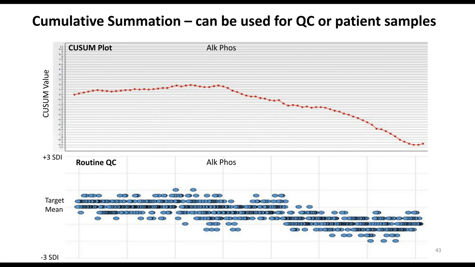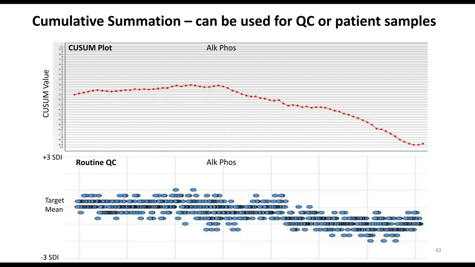However, if the sum shifts or drifts, as shown in this graph, that means that an analytical measurement system problem may be developing. The advantage to this technique is a more sensitive or earlier detection of errors compared to the most widely used QC multi-rules, especially when the routine assay standard deviation is large or it's a poor performing assay, as shown for alkaline phosphatase in the lower graph. So you can see a small drift developing in the alkaline phosphatase QC in the bottom graph, but that drift is greatly magnified in the cumulative summation plot. So this technique can be more sensitive.